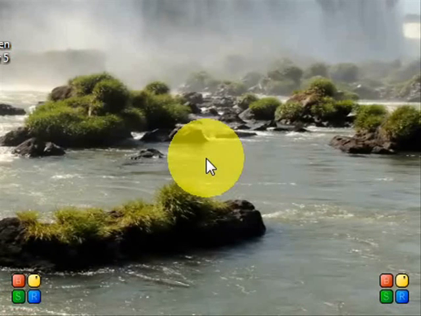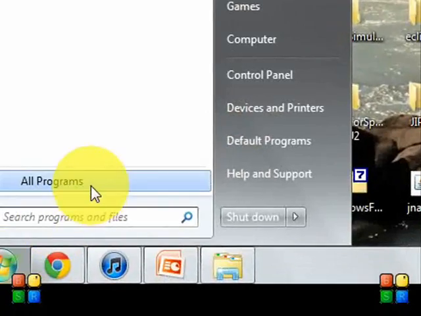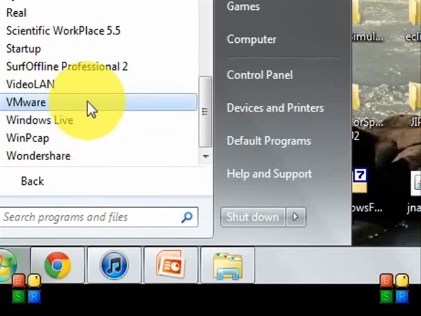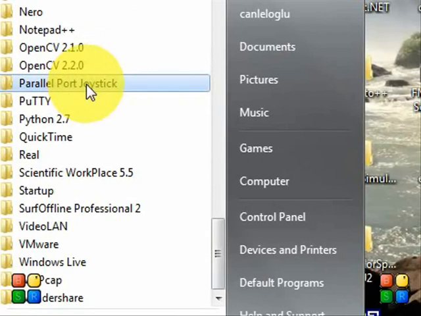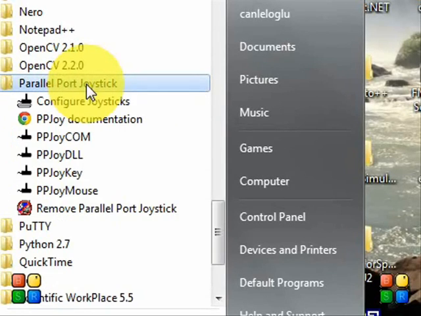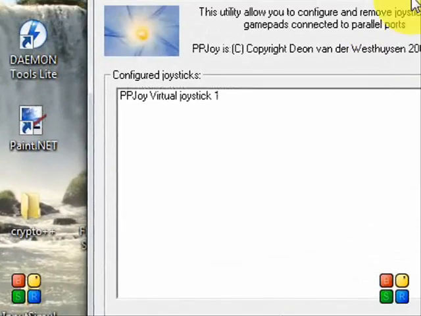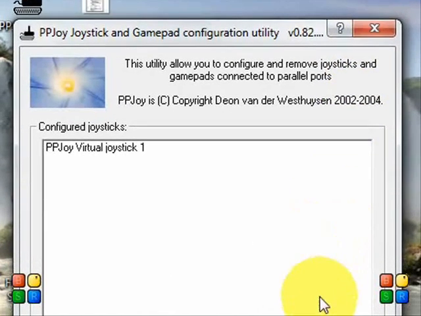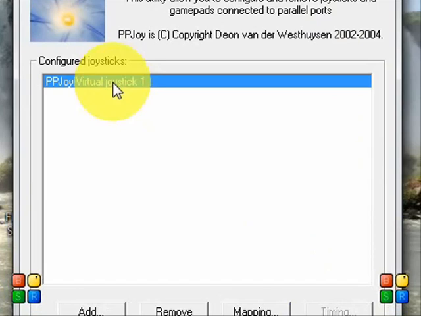Now we will configure PPJoy. We should click the Start menu and find the Parallel Port Joystick folder, which is at All Programs, and here, Parallel Port Joystick. When we click it, we will see the Configure Joysticks option. When we click it, it will pop up a new window here and we will select PPJoy Virtual Joystick 1